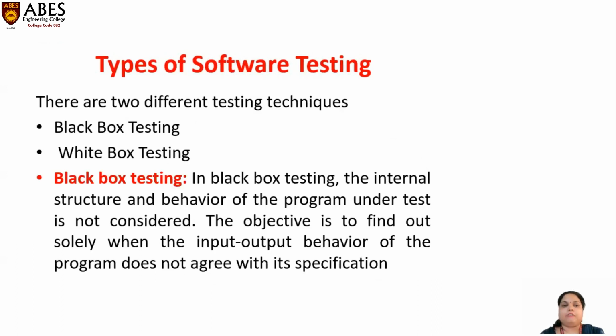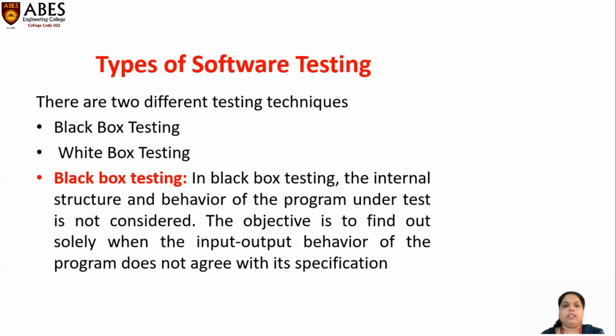There are different types of software testing. Two different testing techniques are used for finding bugs or errors. The first is black box testing, and the second is white box testing. As the name says, in black box testing, the internal structure and behavior of the program under test